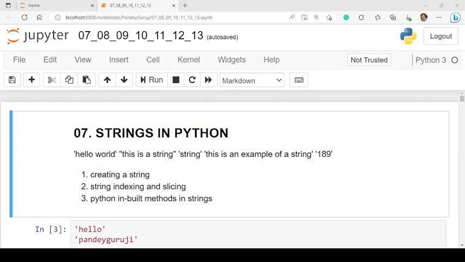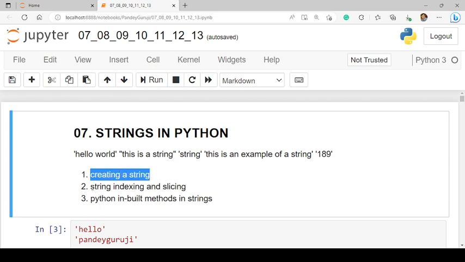So let's start with the string in Python. A string plays a very important role in any type of data. In data, more than 70 to 80% of the data type is string. So you can spend more time understanding the string, because this is a very basic area where you become an expert in Python. In this video I am going to discuss two things: